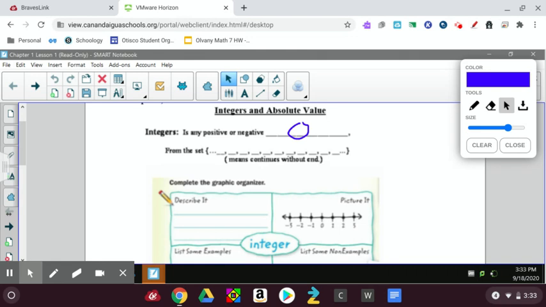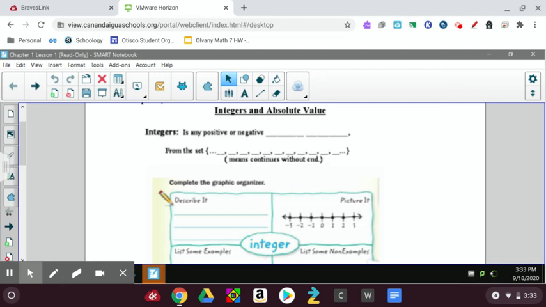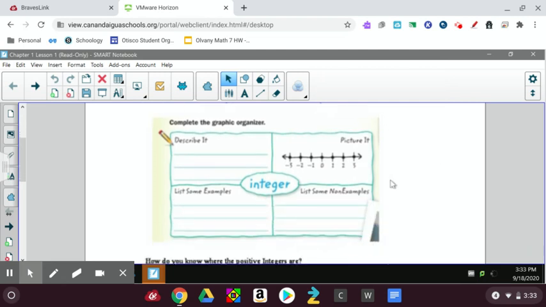So you might want to write down integers. And you'd write down positive or negative and 0. The set we're going to look at down here, I'm actually not going to write it for you in that little space, because right here